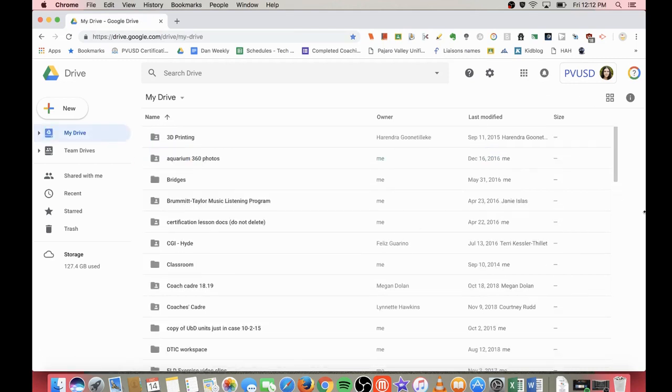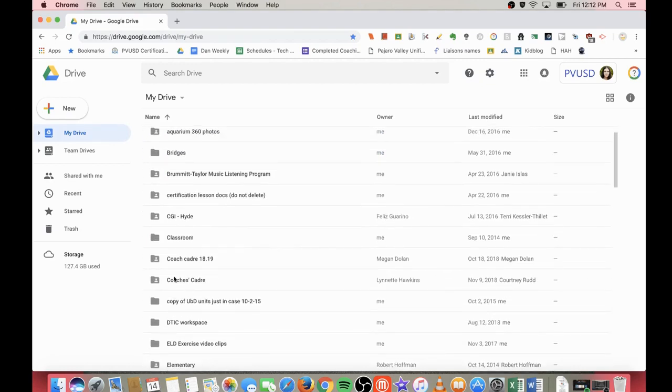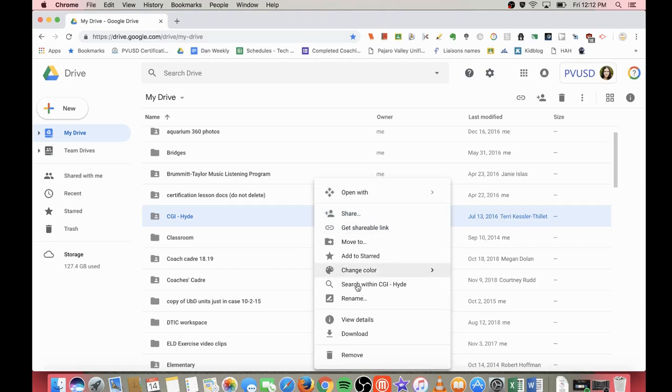Another way to move files, especially if you'd like to move a folder, if I have a folder with a lot of files in it but it's not owned by me, or it might be a folder that has files, some are yours, some are other people's, and you don't want to go through copying individual files, you could download an entire folder. I already have a folder on my desktop, so I'm not going to go through that,